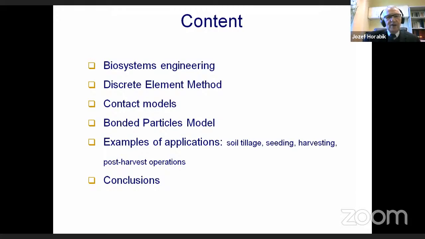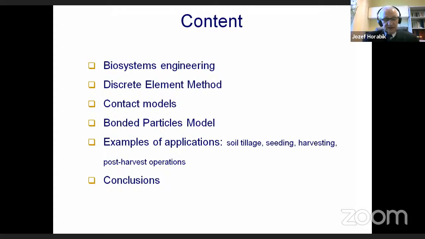So, continuing my presentation, I'd like to say that agriculture and food processing are among the biggest producers of final products that are in the form of granular materials. Agriculture and food engineering harvest, store, handle, and process a very big amount of particulate materials of biological origin. Unlike mineral or plastic granular materials, these materials are usually hygroscopic and change their mechanical properties through the absorption of moisture.